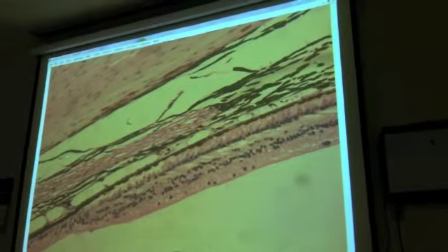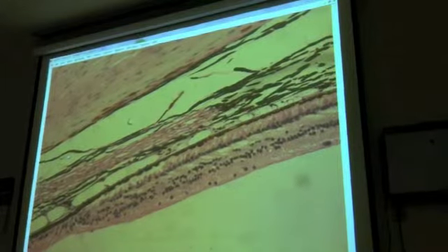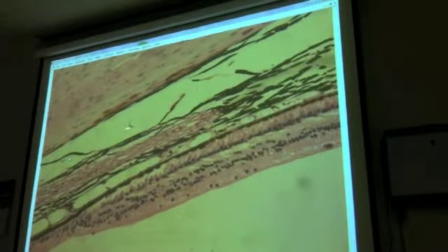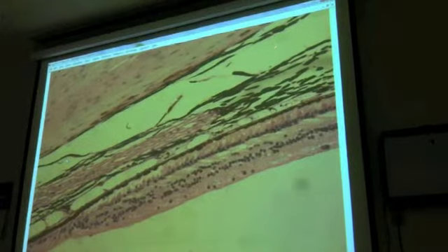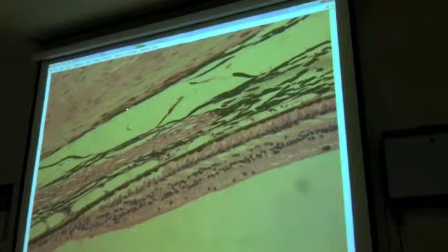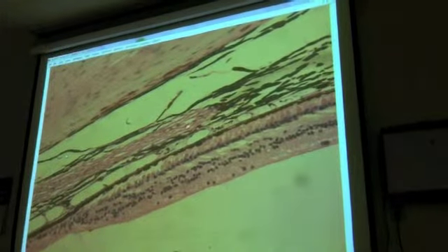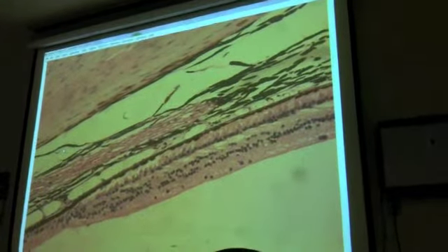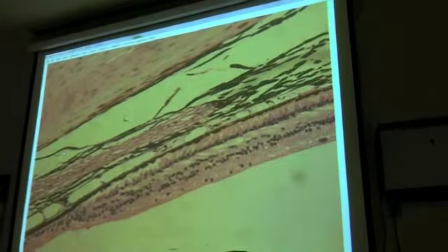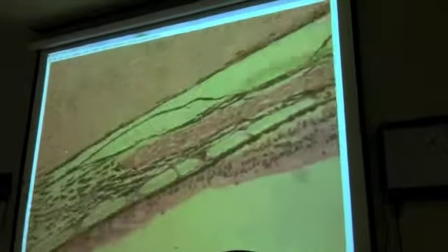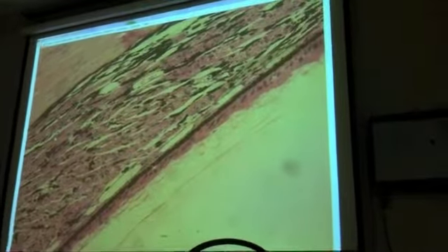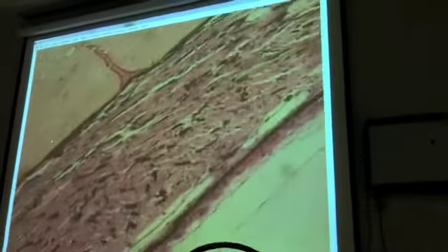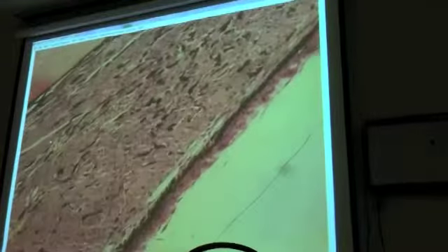The big pink part is the big white pink part is the choroid? This? Yeah, this white is an artifact. It should not be white. This choroid layer should be smashed, and we're starting to pick up smooth muscle cells here, and so we are getting to the region of the ciliary body. So that middle layer, the pink that's coming in, is smooth muscle, and this is forming the ciliary muscle of